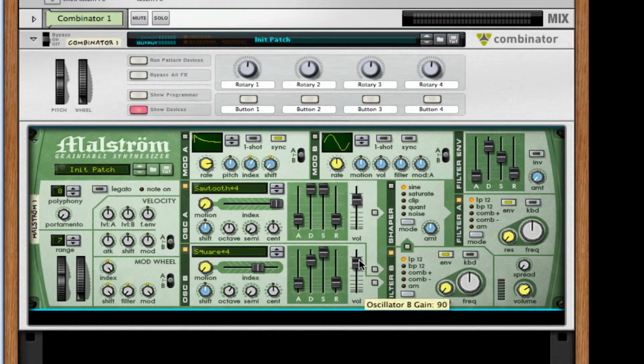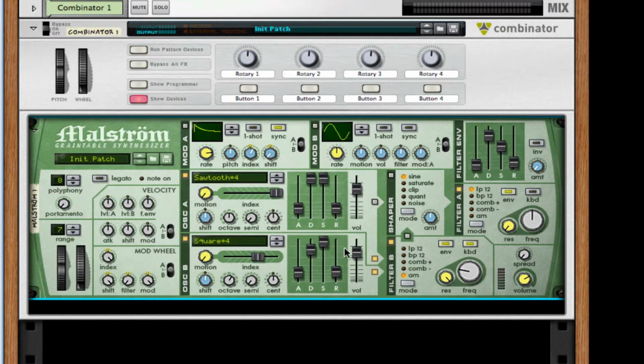After this modulation portion for the oscillators, I'm going to have the routing go to filter B for both filters. I'm going to change it to an AM, which is an amplitude modulation filter setting. I'm going to change the frequency to 30 and the resonance all the way up. And make sure it's keyboard follow. Okay, now that we have created our synth,